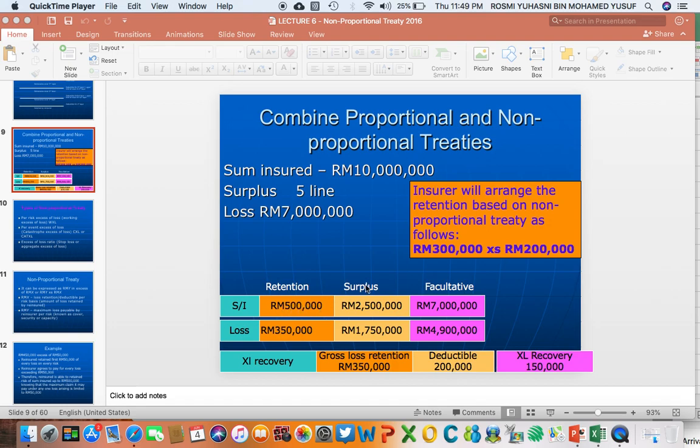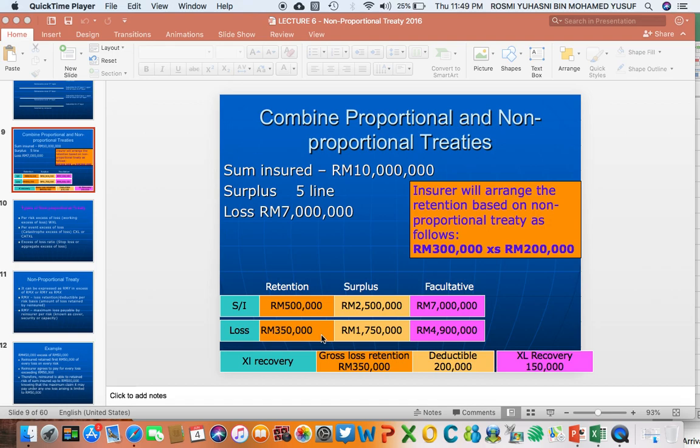So that will translate into a non-proportional treaty cover of 300,000 in excess of 200,000. If you total up the amount of cover and the amount of deductible, that will equal the retention of the insurer under the proportional reinsurance. Meaning that out of this 500,000, the insurer is willing to retain only up to 200,000 after recovery from the non-proportional